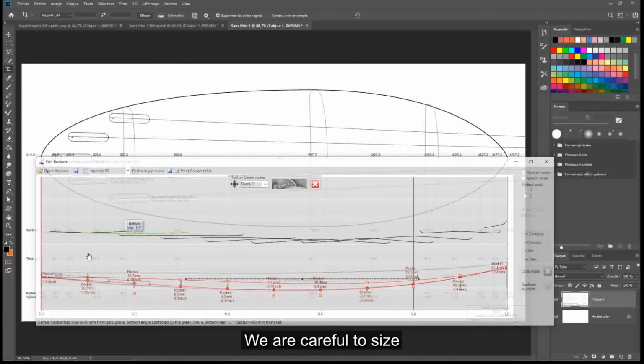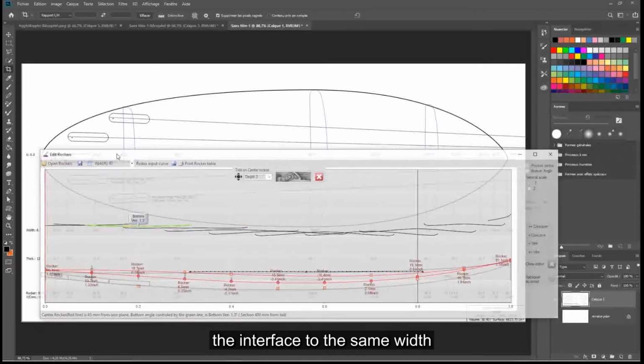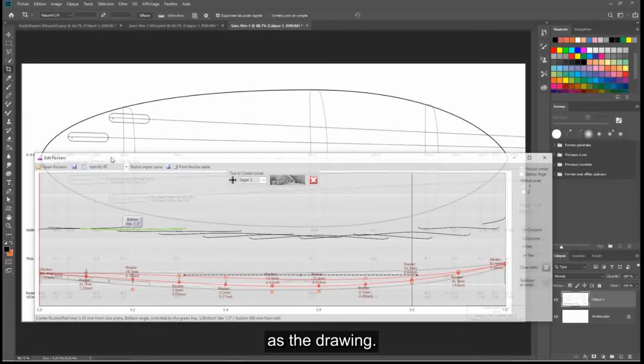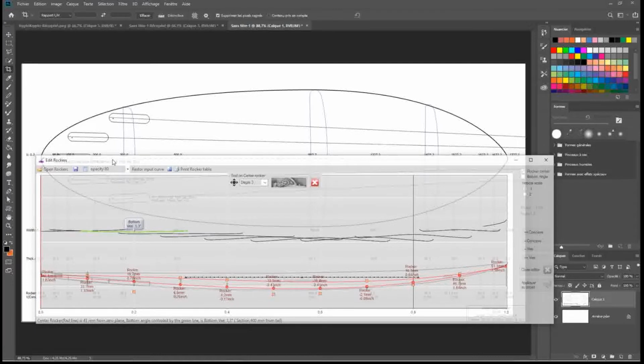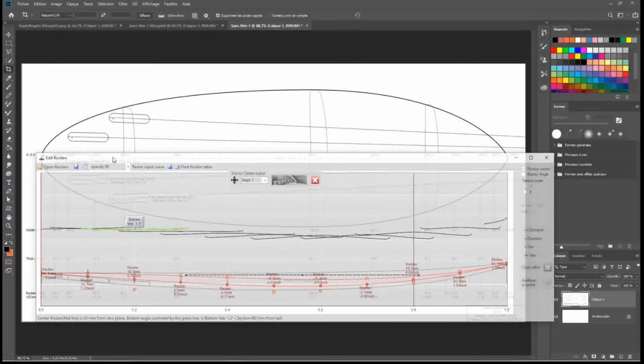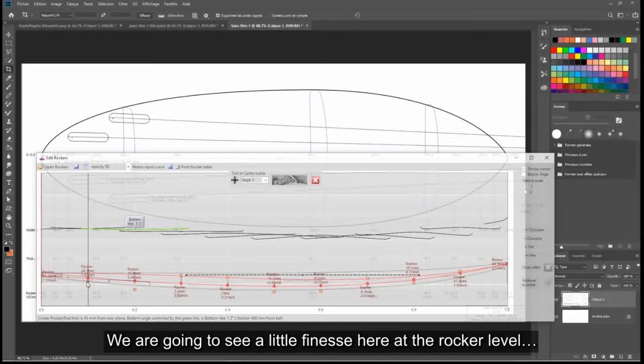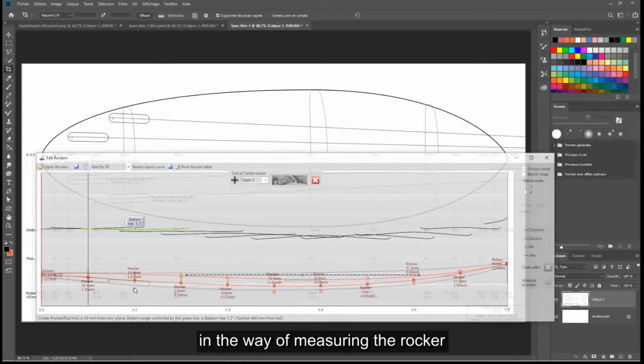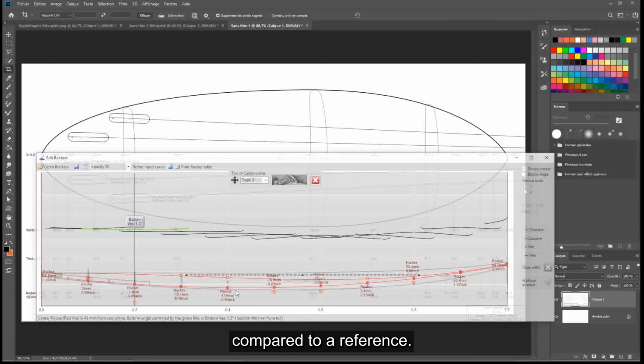We are careful to size the interface to the same width as the drawing. We are going to see a little finesse here at the rocker level, in the way of measuring the rocker compared to a reference.